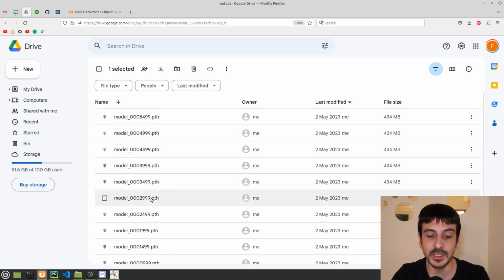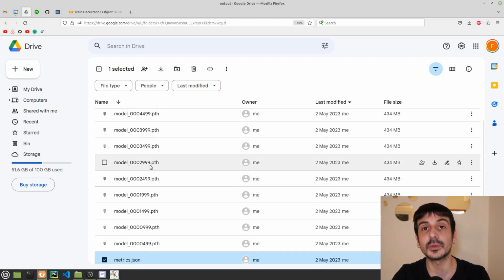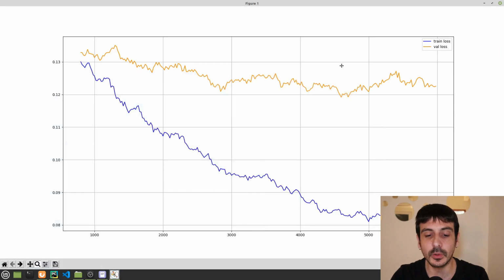Because we have many weights, we have many checkpoints, and we can use any of these files in order to produce our inferences, in order to produce our predictions. So this is where we are going to define exactly which one of these checkpoints we are going to use.